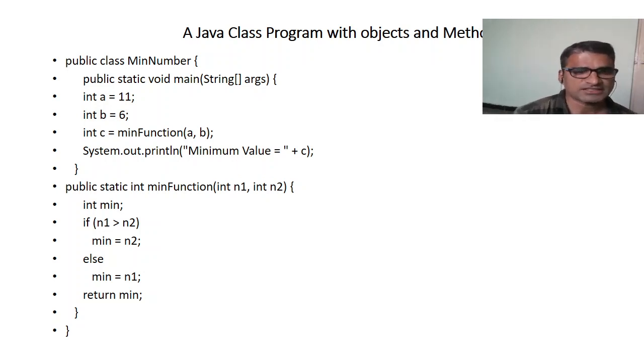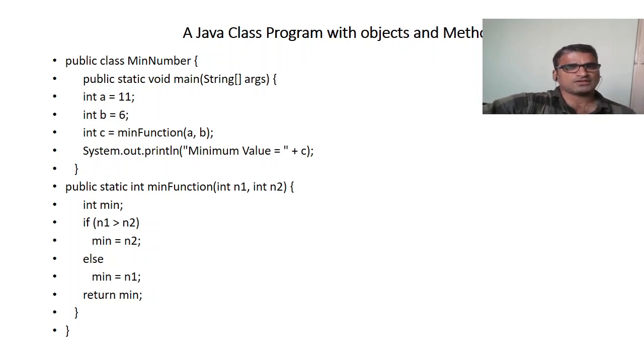Output statements in Java programming language are written as system.out.println. So system.out, as it indicates, is an output statement of the Java programming language. Once I define the output statement, then I am going to include the min value followed by C. Why? Because C always contains the min value, whichever the value. If object A has a min value, then it is going to define object A. If object B has a min value, then it is going to define object B.